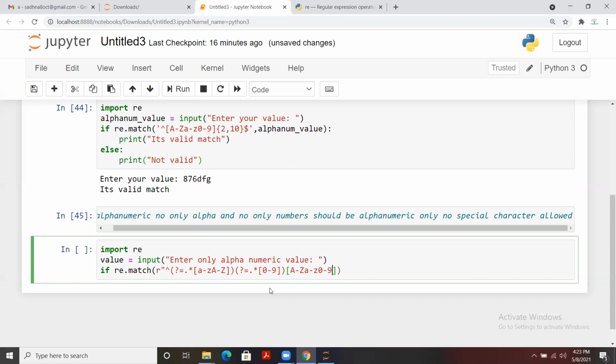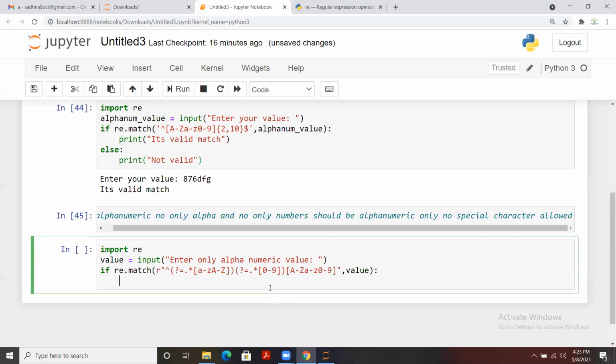And then let's say you want to give a particular length as well. If you don't want to, it's up to you. Let me close the double quotes this way, and then we are going to match it with value, the variable that we have created. And let's say print